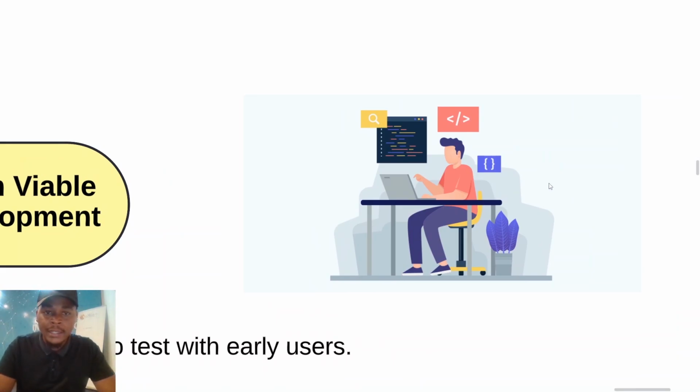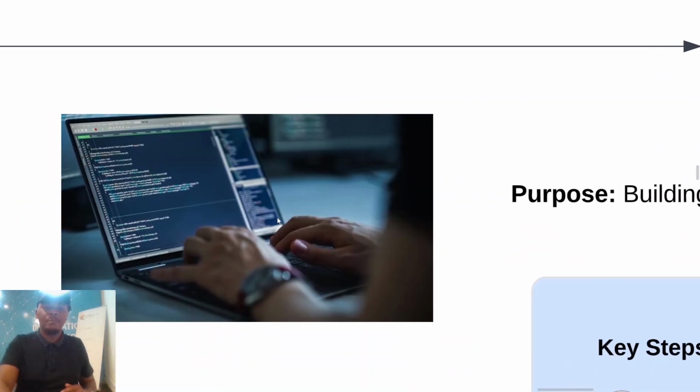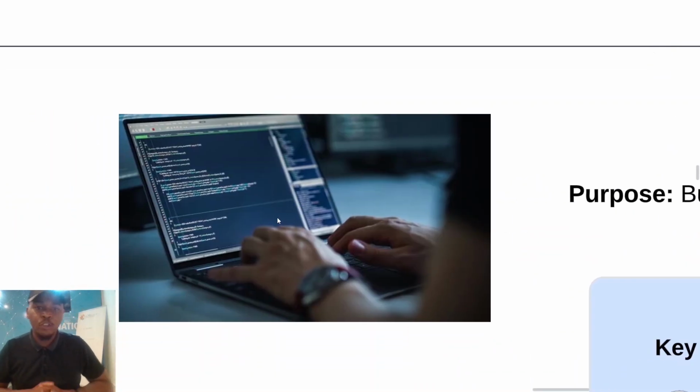So now we are in this phase of actually developing. If you are making an app, for example, this is where you actually code, you come up with the screens, the pages, the functionality, the back end, the front end, so that you can have a working prototype that you can give to a user to test and see if they like the app, see if they like the platform, if it actually solves their pain points, or you need to go back to the drawing board